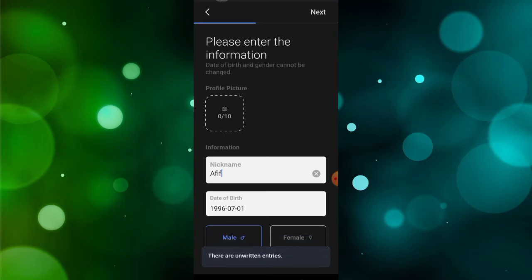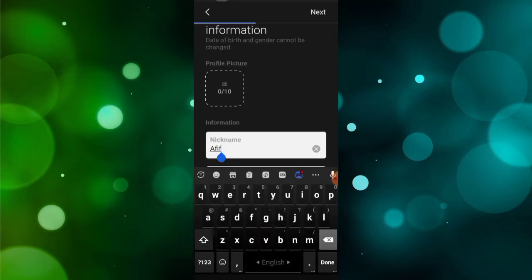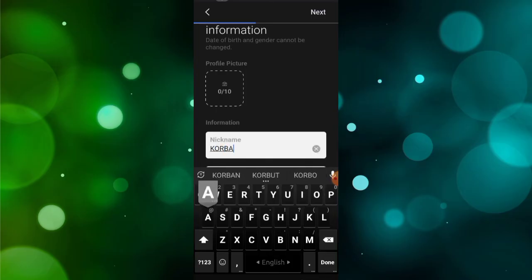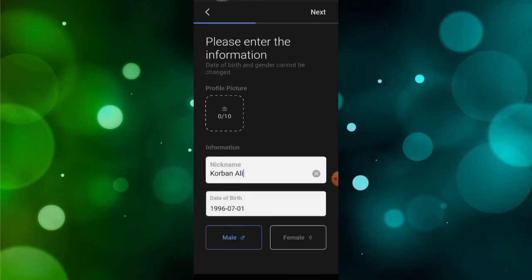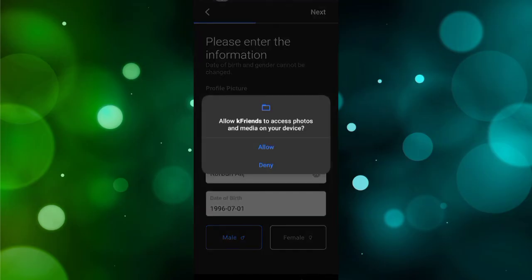So there are unchangeable entries. You can give your real name and then tap on install. It means it cannot be changed. Okay, so you have to give your profile picture. Simply tap on the profile picture,